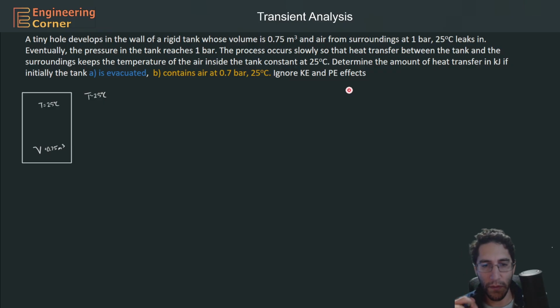Now, I'm using a new pen and tablet, so this actually has a screen on it, so we'll see how